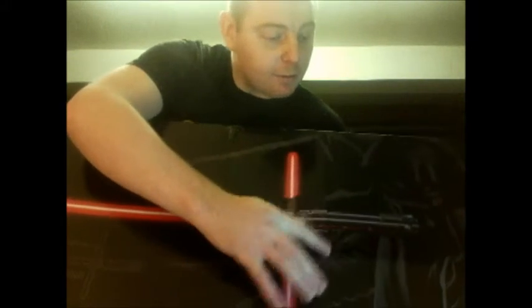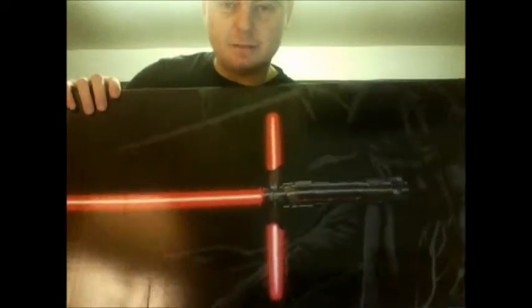So here we've got a nice image of Kylo Ren squatting down, getting ready to attack. I like that image. On the front it shows the lightsaber itself, which is slightly raised above the rest of the box. If you're thinking the box is pretty dinged up,